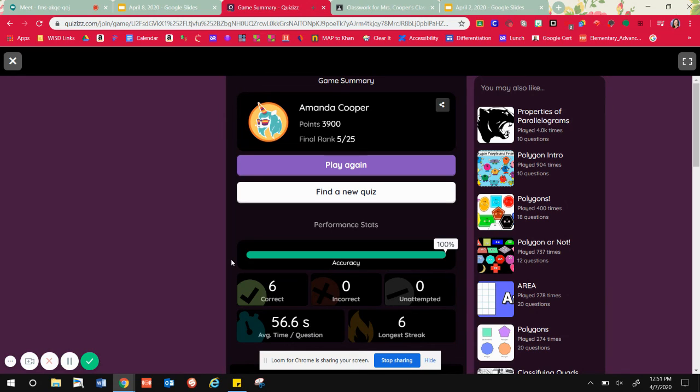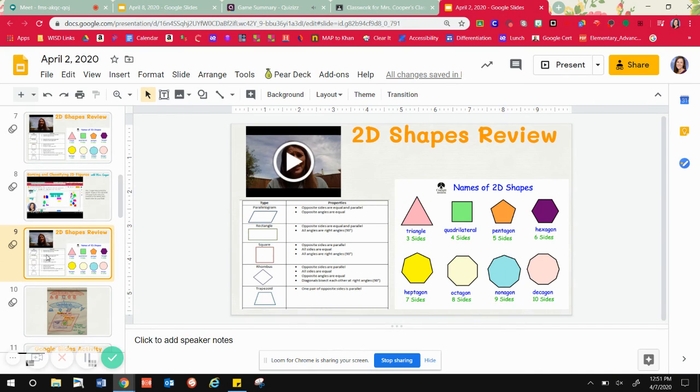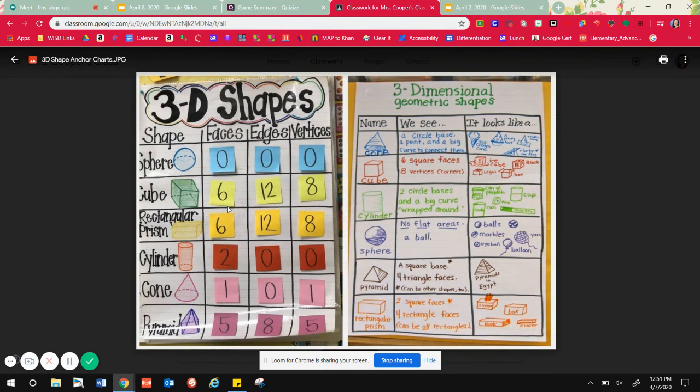Remember, I never expect you to memorize all the things. We have resources like our anchor charts. You saw me in this lesson go back and pull up these anchor charts. These are all things that are in Google Classroom. You know I have printed these off. I've done other lessons where I'm actually holding up these printed off from Google Slides. If you can print these, print them. That's great. If you can't, you can always have it open on other tabs like I do and go back